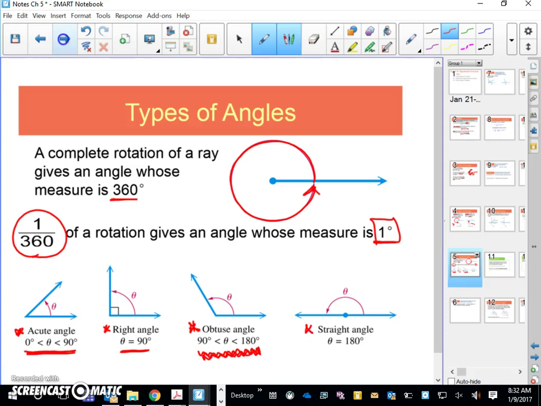And then a straight angle, that's going to be important for several things that we do. A straight angle is exactly equal to